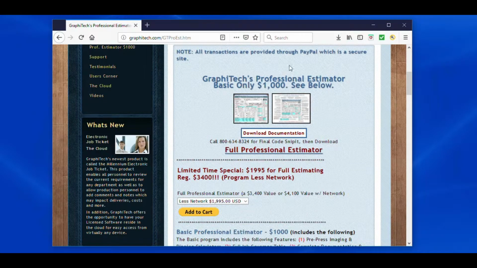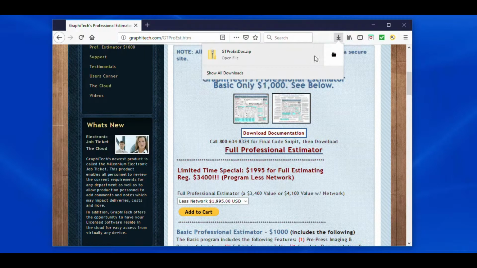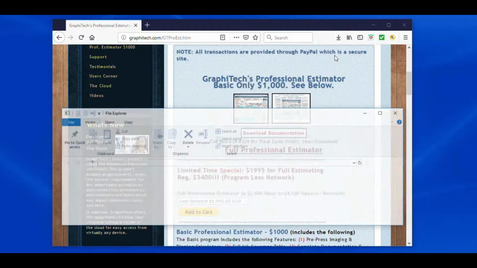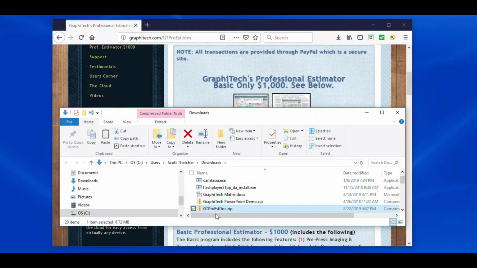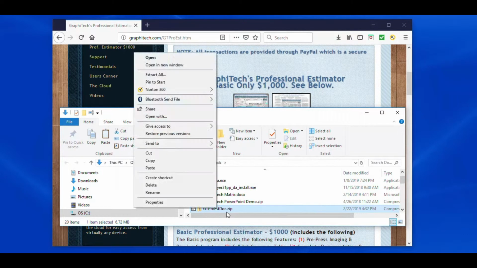Now once again, we've already downloaded the documentation. It's to be found here. Click on the folder right here, and that'll bring you over to a window that shows that you can copy this from the download area or cut it. I right click on it, left click copy,